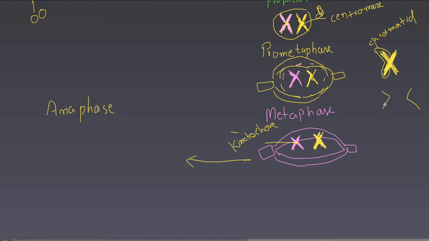So I hope I'm not confusing you guys. This is called a chromosome. This is still called a chromosome with 2 chromatids. When they detach, they're again called a chromosome. So now after the metaphase, it enters into the anaphase. And now in anaphase,